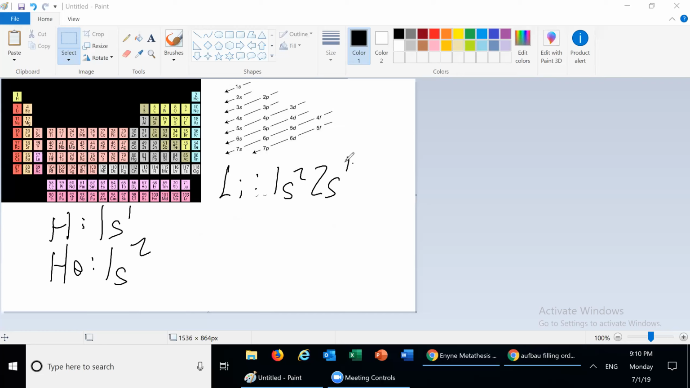Wait, excuse me. Why can there be two electrons in a 1s orbital? Well, you're right that there's only one s orbital, but each orbital can fit two electrons because the electron spin is either plus or minus one half. So we can put a plus one half electron and a minus one half electron in the same orbital. So there is one possible m sub